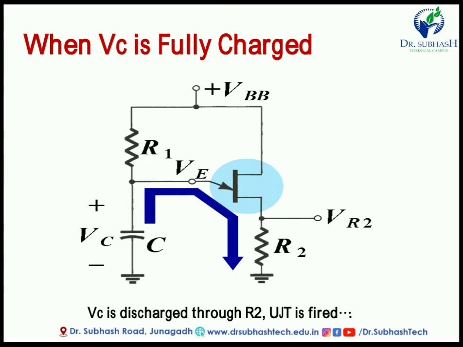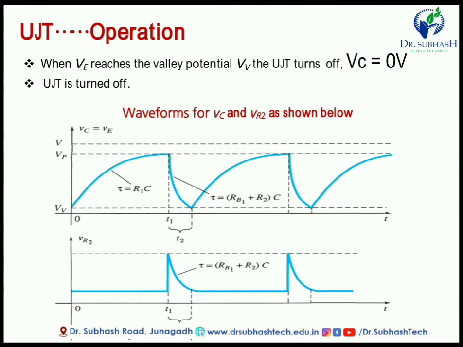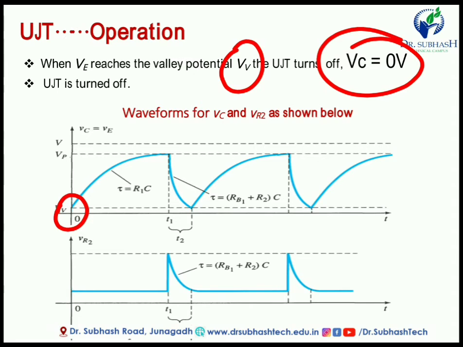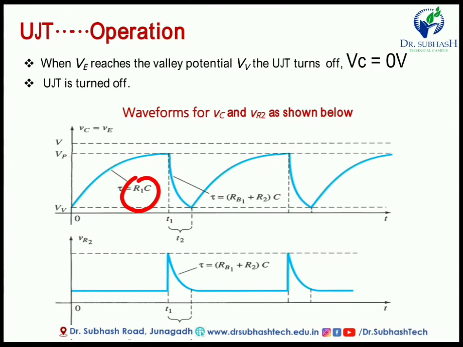Now we already know the UJT contains a negative resistance region. So according to the negative resistance region, this charging and discharging path, we can draw the waveform like this. Whenever we draw the waveform, when the VE reaches the valley point VV, then the UJT will turn off. So friends, this is the VV point, means valley point, and this is the VP point. The capacitor will start to charge from VV to VP. This is the charging path of the capacitor, and this time depends upon the value of R1 and C.